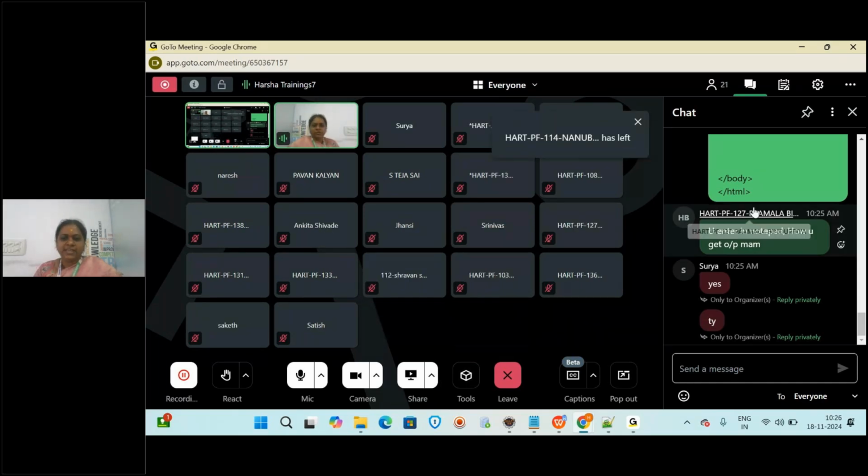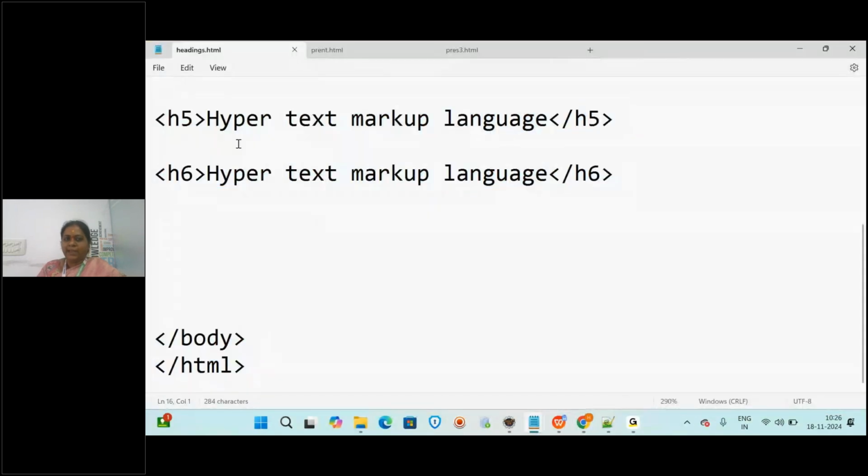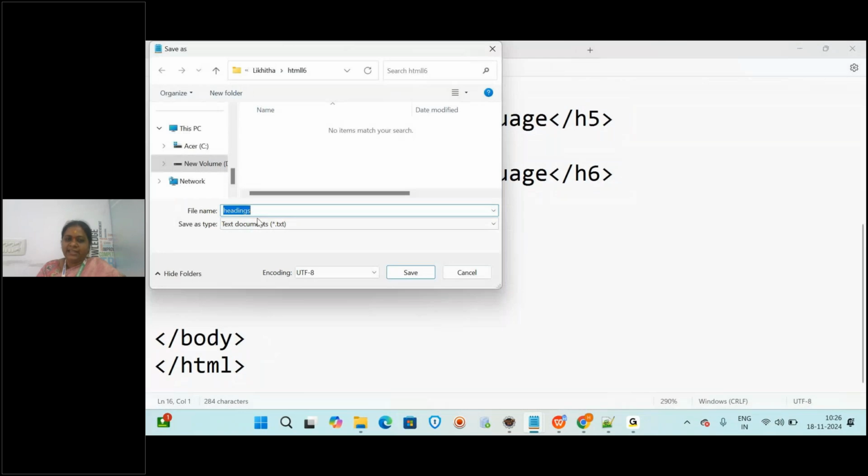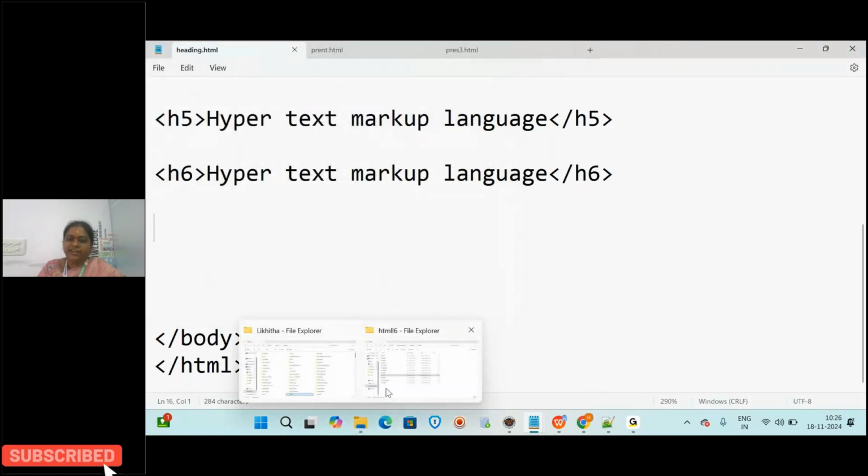Those who want to know: when we write in Notepad, you have to go to Save As, give a file name, and save with .html. By default it will save with the browser icon, whatever name you give. Now you have to open the location where you saved it.